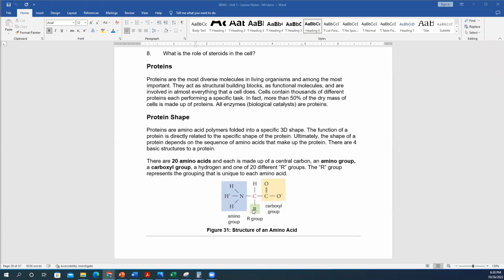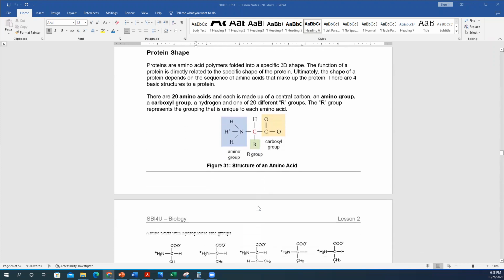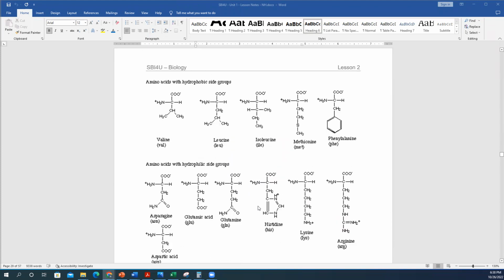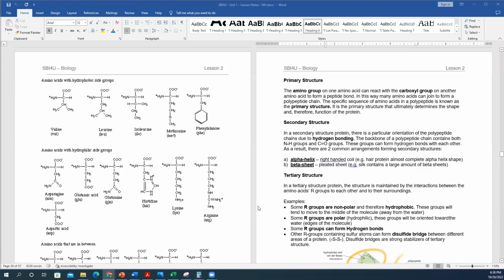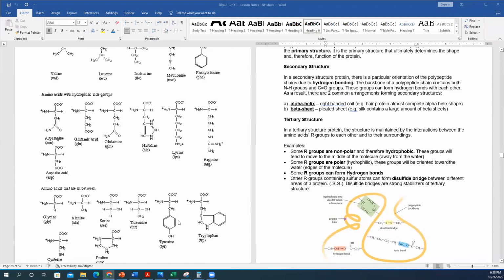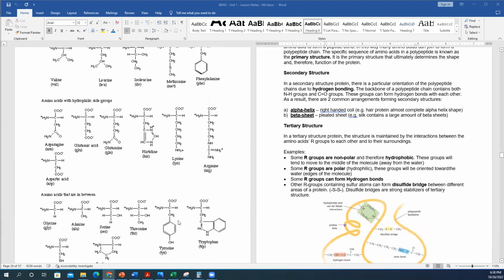This is where you get different amino acids depending on what you have here on this, what you call an R group, because it can be a number of different things. And that's what makes the 20 different amino acids have different kinds of properties depending on what they have at this fourth position on carbon. And then this is all the different types of amino acids that you can get. If you have the very basic, just a hydrogen there at the R group, you get your most simple, most basic,